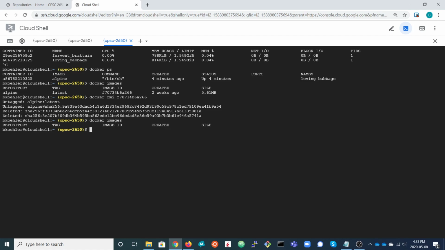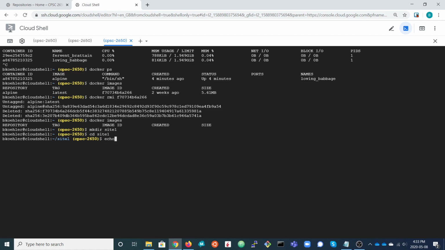The other thing I can do with containers, so I mentioned earlier that the containers are isolated. They have their own underlying file system. You can start up a container that mounts a directory on the host system inside the container. So we'll just do that now. The first thing I'm going to do is make a directory that I'm going to mount into the container. So I'll use the mkdir command, and I'm going to call the directory site1, and I'm going to go into that directory,